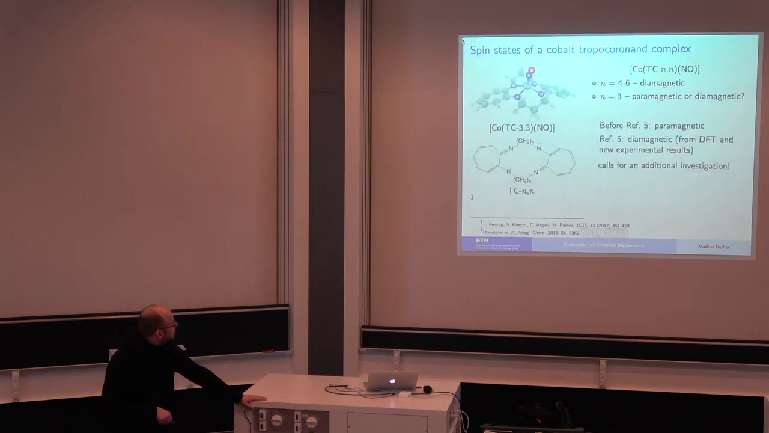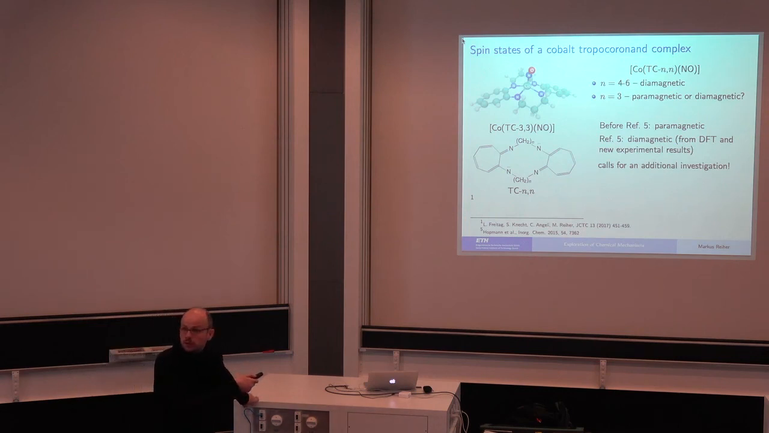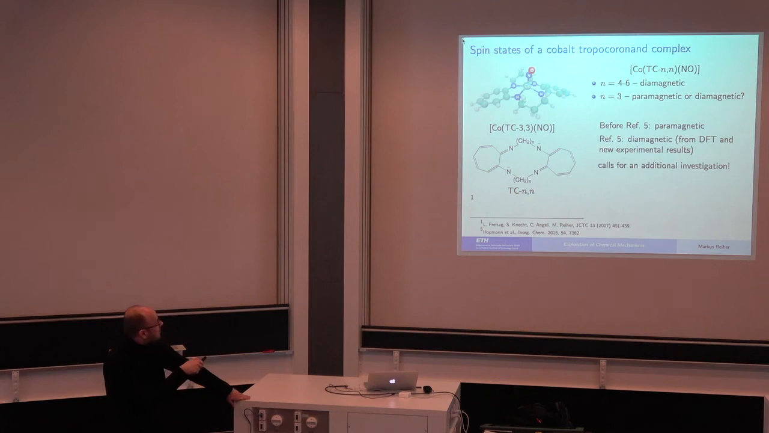We have done this too, and this is a calculation which should just show you that we can do these calculations for transition metal systems. It's actually a system that turned out to be a problematic system, because you see it's a cobalt complex where the 2 nitrogen atoms here and there are bridged by methylene bridges of different element size. So the smallest one is one where n equals 3, and then for n equals 3 it wasn't clear